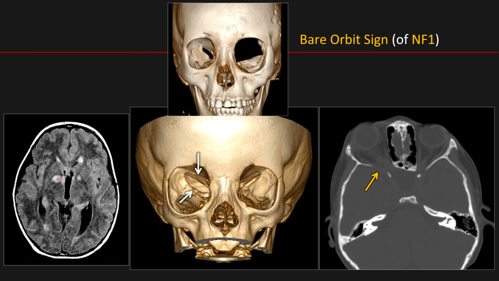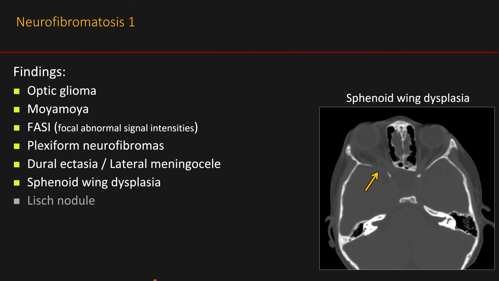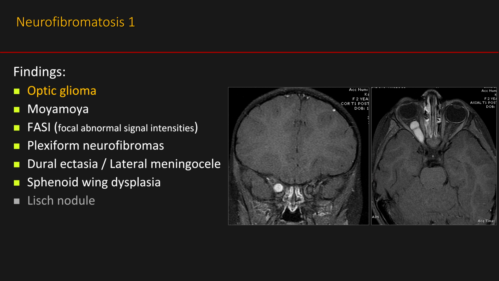And an additional finding, with T2 FLAIR signal abnormality involving the bilateral basal ganglia, often globus pallidus. This is consistent with NF dysplasia or FASI. And the sign itself is referred to as bare orbit sign, secondary to sphenoid wing dysplasia. This is NF1. Now with NF1, they can ask you additional findings such as optic glioma,